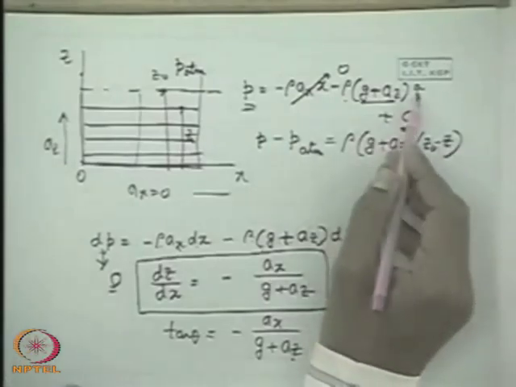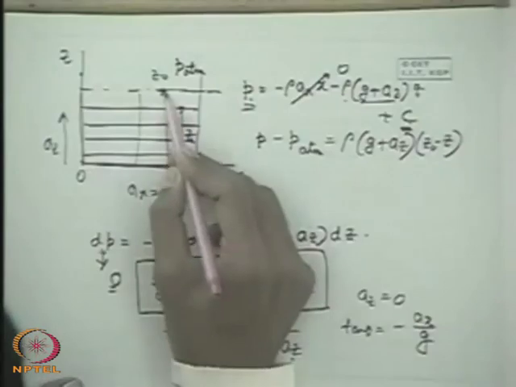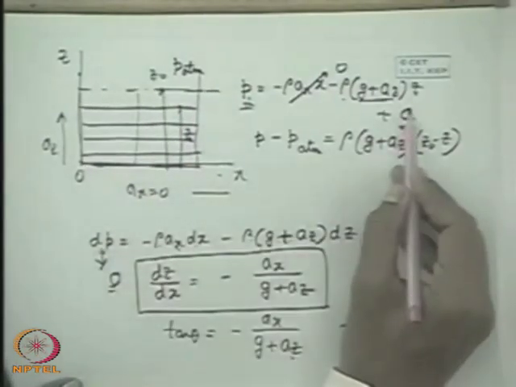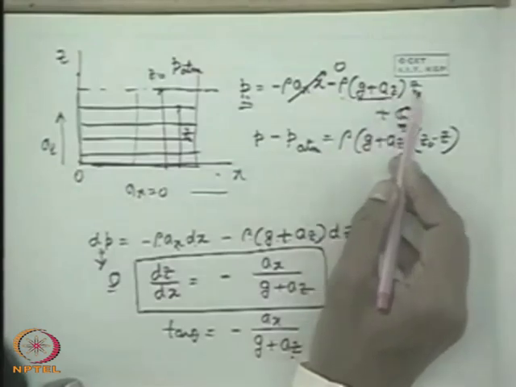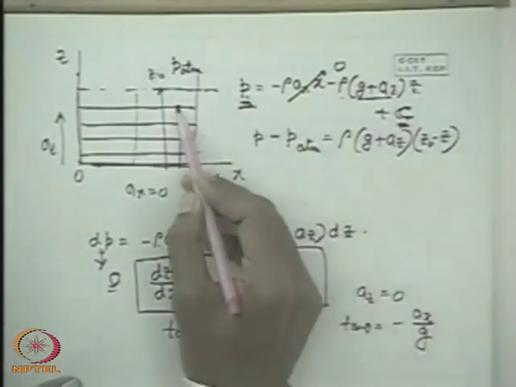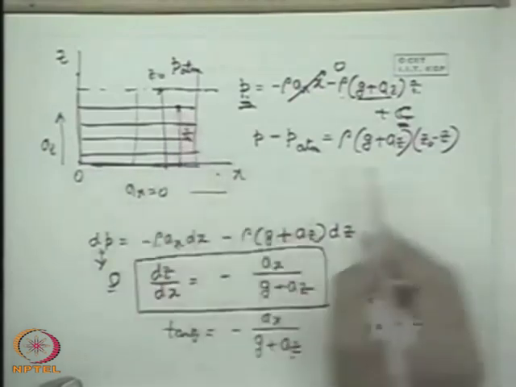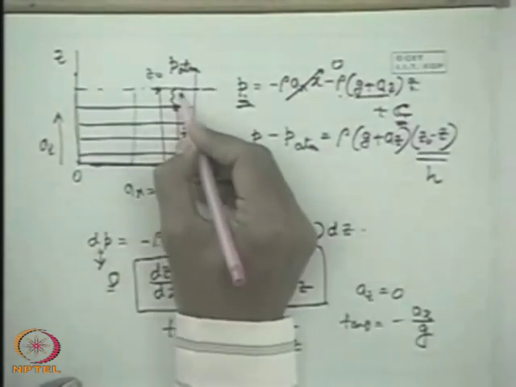Because we will put z equal to z0 where P is equal to P atmospheric, defining z0 as this coordinate, taking this as axis. So c will be found out: P atmospheric plus rho into g plus az into z0. Then we will put that value of c and find out the value of pressure P at any other coordinate z. That means if this be the depth H, from the free surface